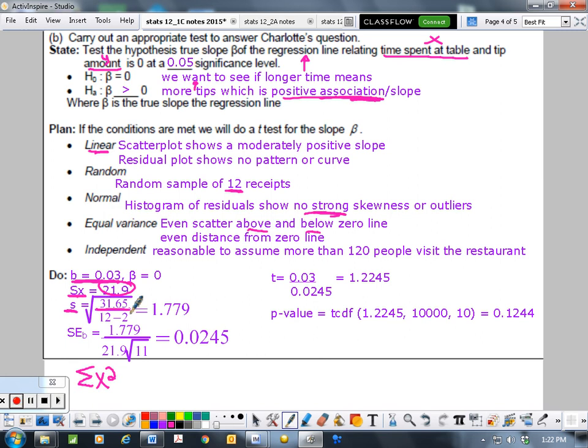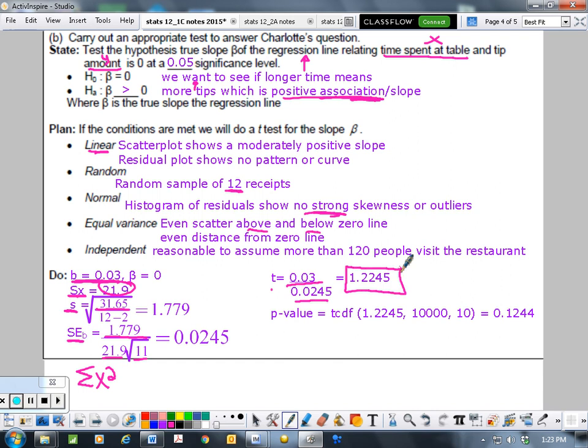So then we plug it into our formula, we get our s, and then we can calculate SEB by taking s divided by the standard deviation of x times the square root of n minus 1. So now we have all of our bits and pieces. We can calculate t, and t is going to be our b divided by our standard error. And that gives us a t-value of